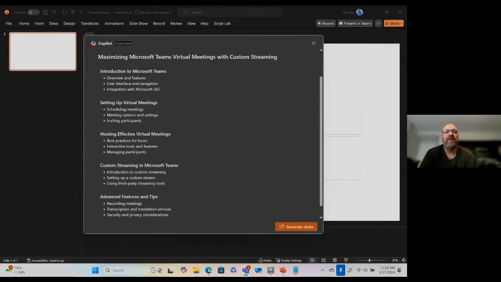I'm the organizer. I don't have any co-organizers at this point, but we could look at different virtual meeting settings. And then we have a slide that's specific to the custom streaming on Microsoft Teams, which is what we wanted to talk about. And then we have advanced features and tips like recording our meetings, transcription and translation services, security and privacy considerations. So if I'm happy with this, I'm all good.